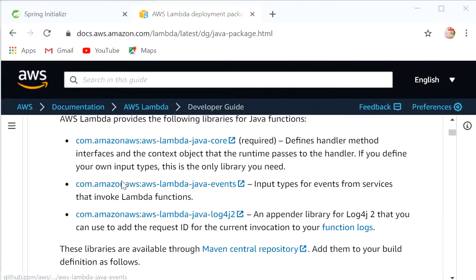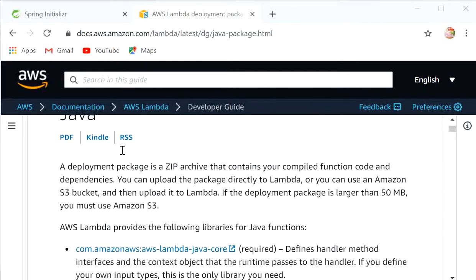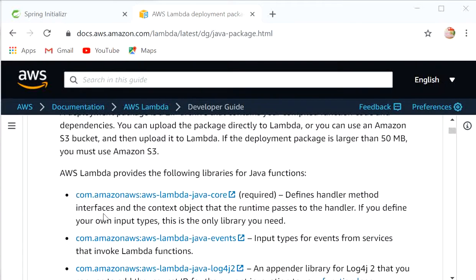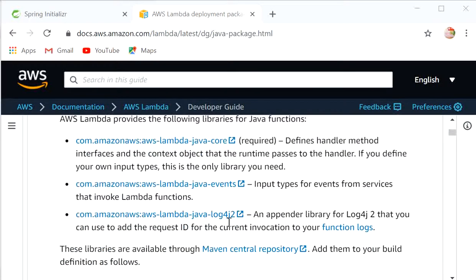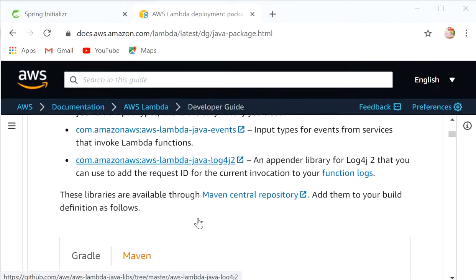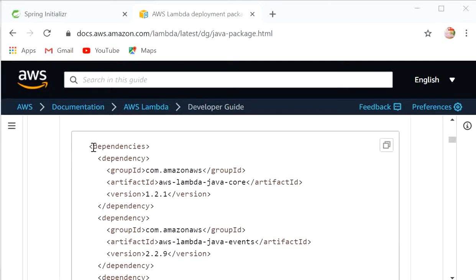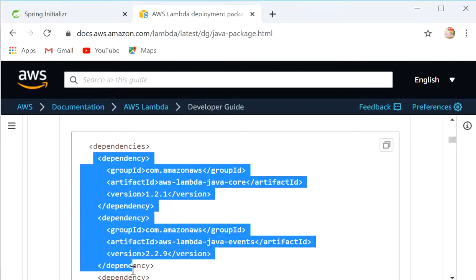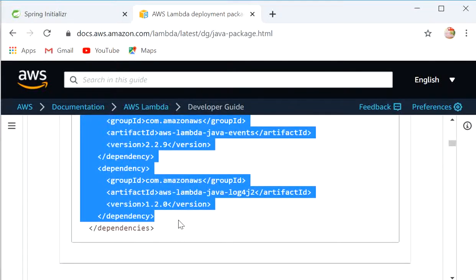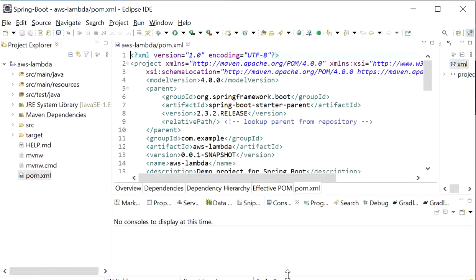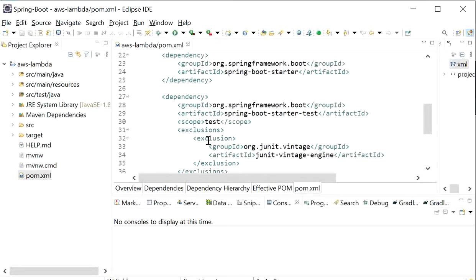These are the three dependencies that we need to add: first one is AWS Lambda Java Core, Java Events, and Log4j, two dependencies that are optional, that we can add to print the logs. From here we can copy these dependencies. We will copy these three dependencies from here and paste them here.